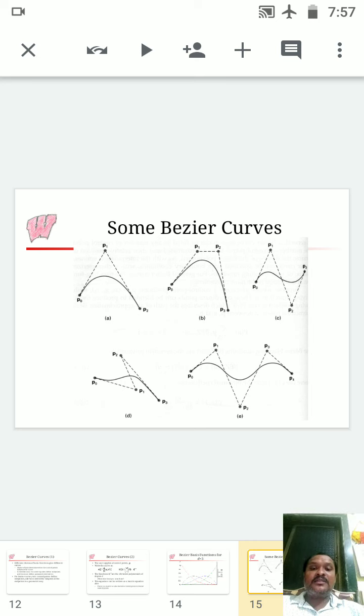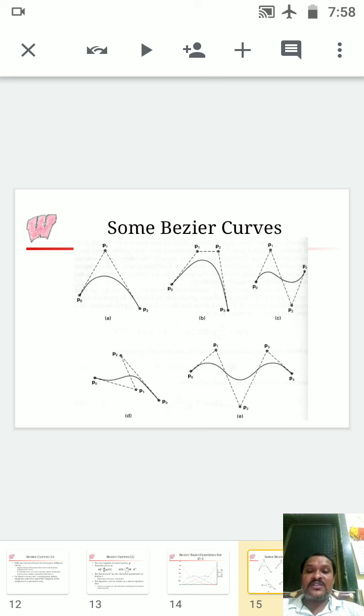And in the third diagram, C, that is P0, P1, P2 and P3, this is a different thing. This is the cubic section. In the initial first point also we have drawn the tangent line, in between also we have drawn the tangent line, and we have drawn the tangent line to the third end point. We have fixed from P0 to P1, P1 to P2 and P2 to P3. So this is again a simple example.